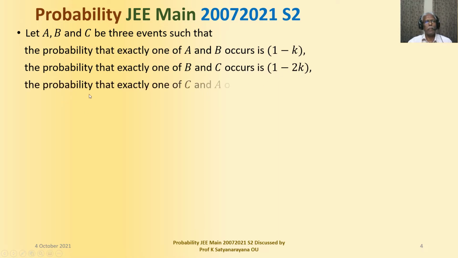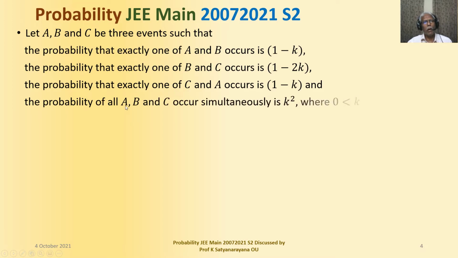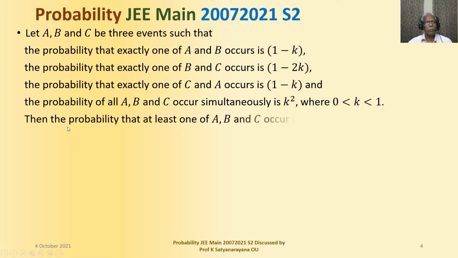The probability that exactly one of C and A occurs is 1 minus k. And the probability of all the events A, B, and C occurring simultaneously is k square, where 0 less than k less than 1. Then the probability that at least one of the events A, B, and C occurs is,